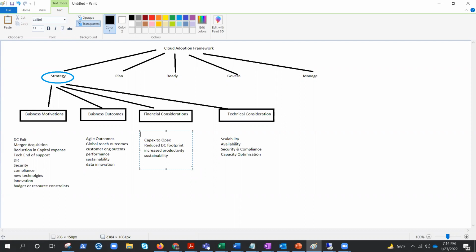Your organization's motivations and business outcomes will help determine how you look at your financials. We talked about the motivation, which is why we are moving to the cloud, and outcomes, what we want out of this. Financials will help us design the business case so that we can move to the cloud with the help of that business case. Let's understand it further, okay? Let's see a few considerations that will help us understand what exactly we are talking about here and how this will impact our strategy.